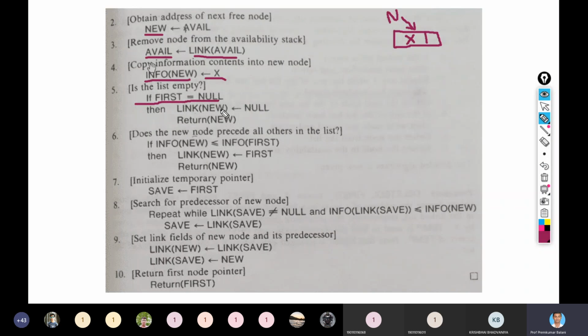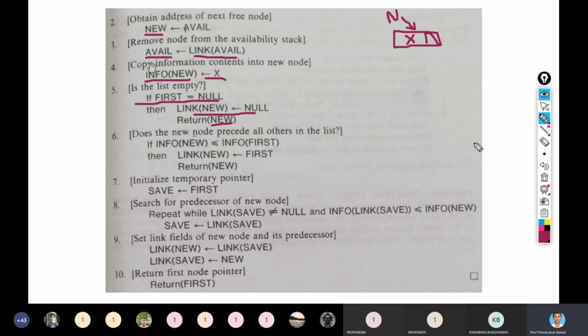So if the list is empty, what do you have to do in that case? Just set the link of new to null, and return new. So this is the outcome if the list is empty, right?